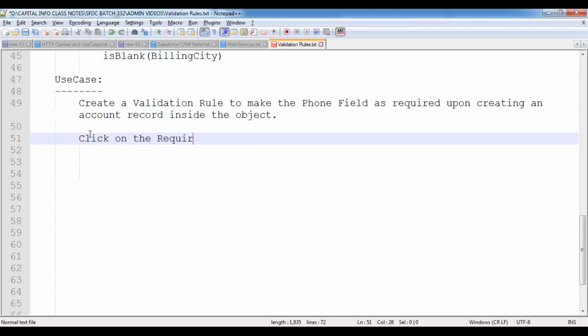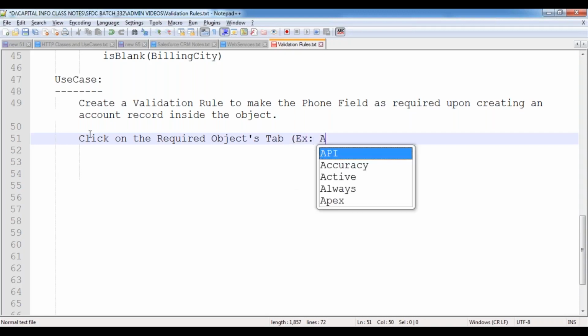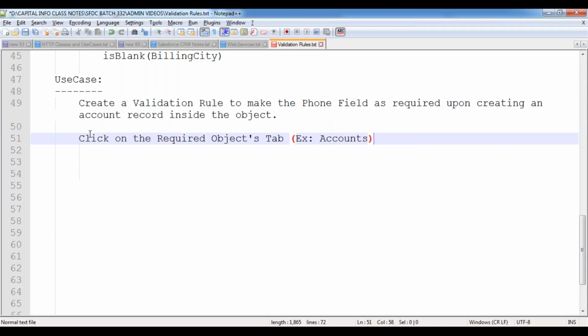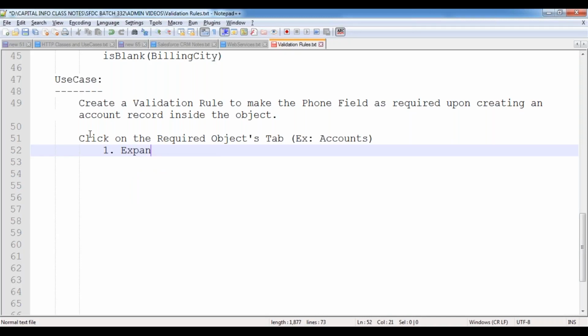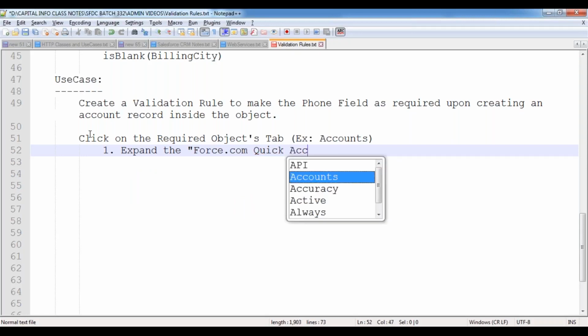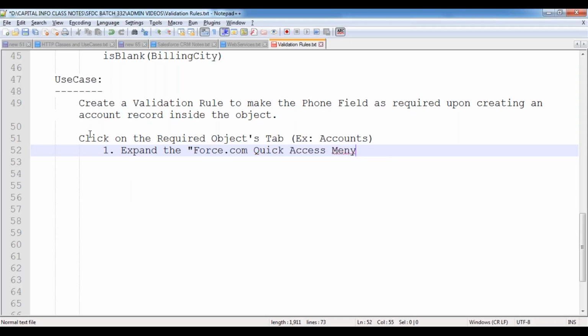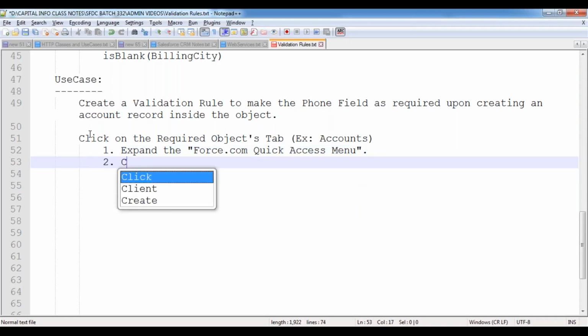Click on the required objects tab, for example, accounts. Expand the first StartCom quick access menu and click on the view validation rules link.